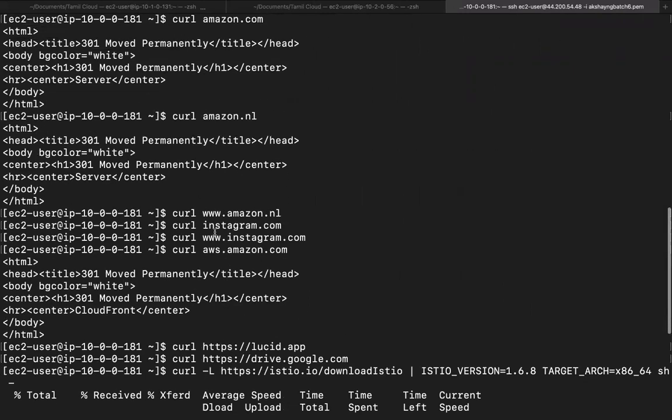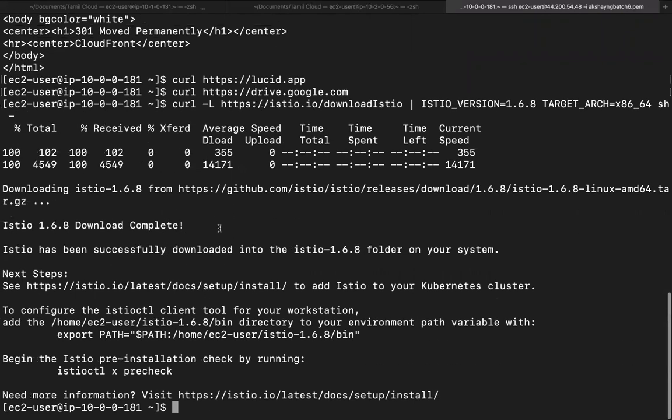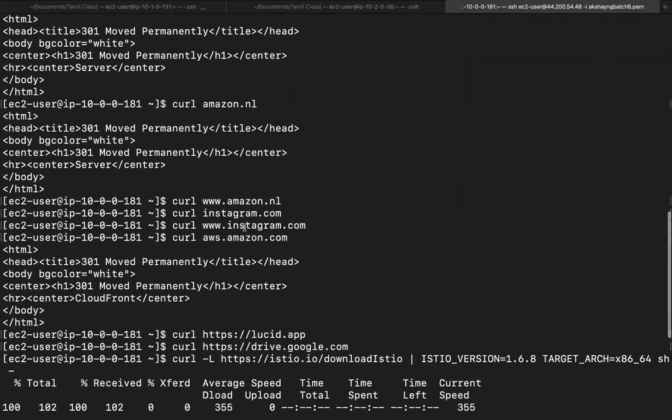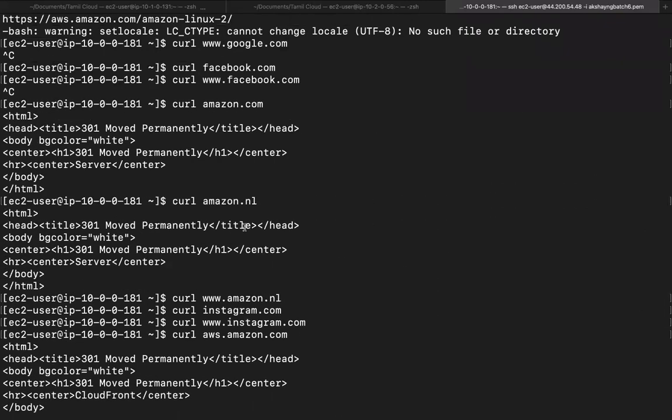I don't know why these didn't give any output. Maybe the way that I'm curling these requests is not right. But at least you can see that when we do a curl request to some other website that is not blocked by the network firewall, you do get some output. So I hope you got a good idea in regards to the network firewall. It's sitting at the edge, at the perimeter. So please do try it out. It's a pretty cool service.